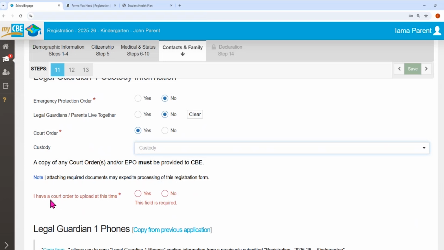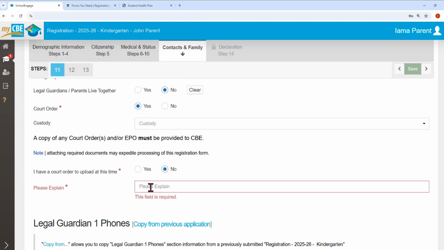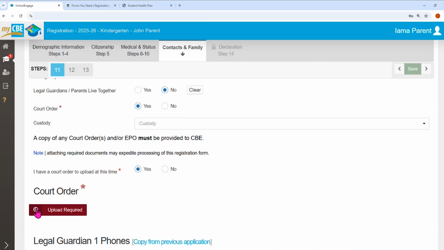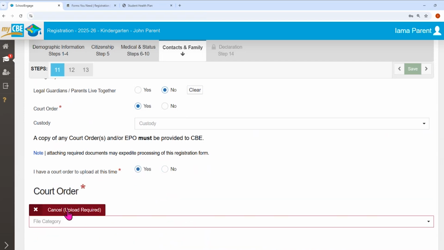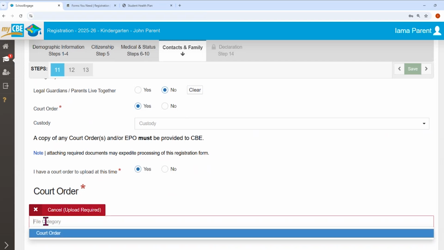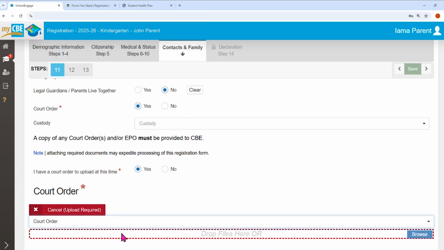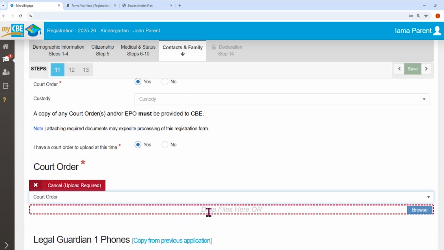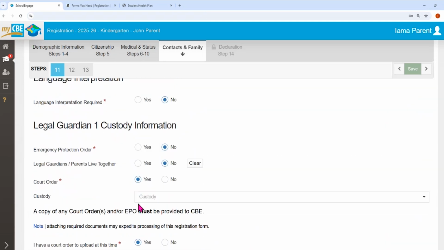So the next question, I have a court order to upload at this time, yes or no? No, a please explain box is required to be filled out, or yes will allow for the upload required red button to appear, which you can then click on, select the file category court order, and then of course drop your files here. If I go back up and say no, I do not have a court order, it will